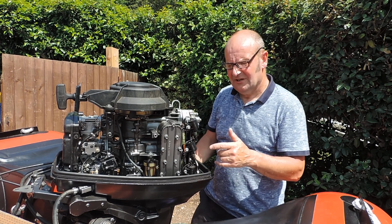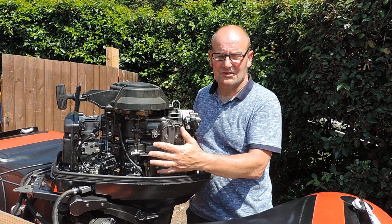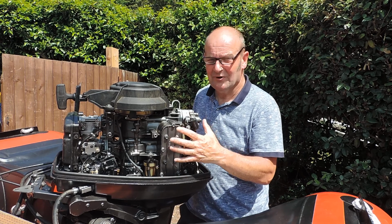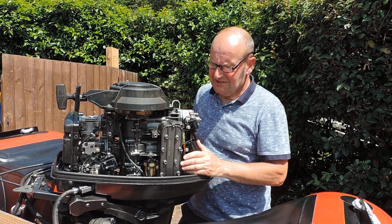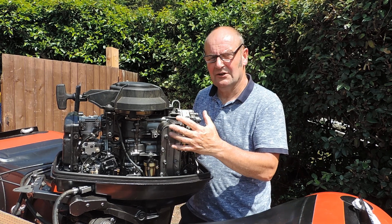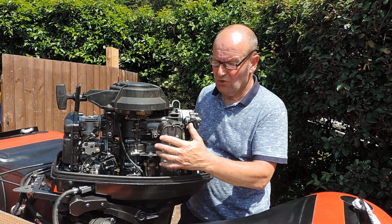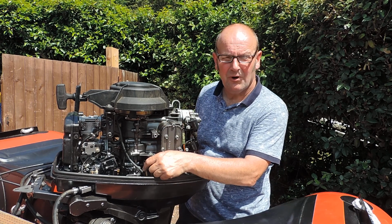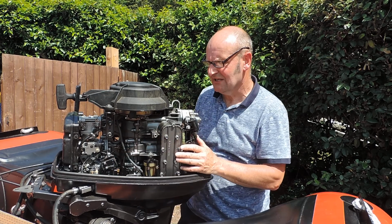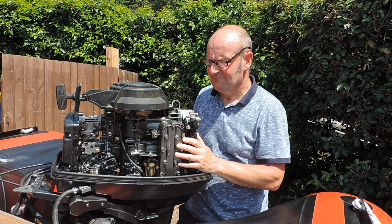Put it all back together, but you probably noticed as well, I've done away with the oil injection system. It's a great system when the engines are new and when they're working well. But I just thought it was one of the reasons why the crank was how it was, if it wasn't getting enough oil to that top cylinder. So I decided to do away with it all, block the hole up while the engine was apart, where the pump comes out, just down the front of the engine, and put new seals in,